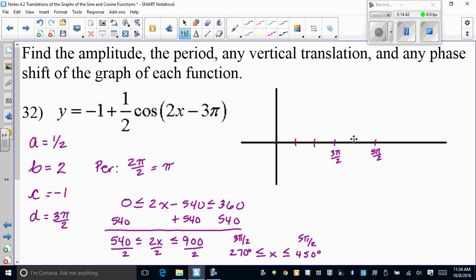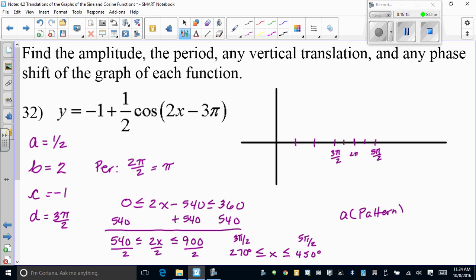And remember, you have to identify your middle point. Well, that's an easy one. 3 plus 5 is 8, divided by 2 is 4. So it's 4 pi over 2, and 4 pi over 2 is just simply 2 pi. Quarter point. Be really, really cautious here, because this is the only part that you're graphing, from 3 pi over 2 to 5 pi over 2. Nothing over here. Okay, so now we need A times the pattern